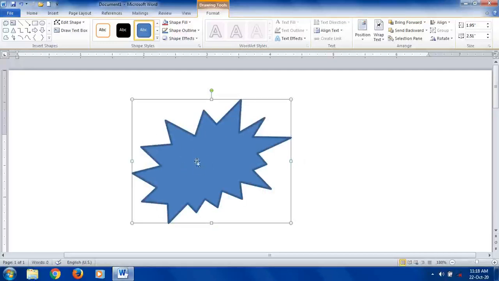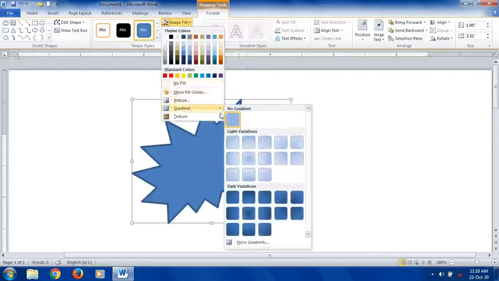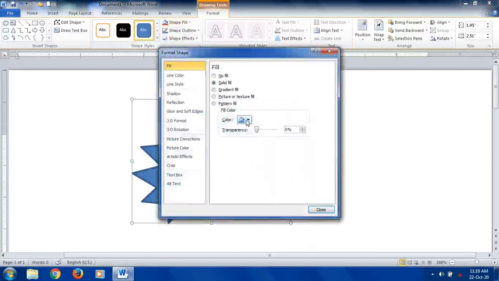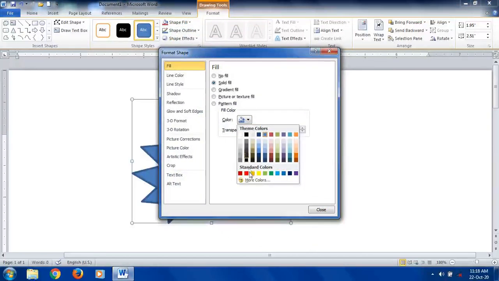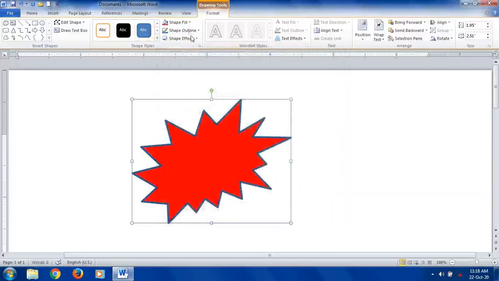Now I'll format this, means I will change the color and outline. I don't want this blue color, I want a different color. So click on the shape fill option. In shape fill, go to gradient option. In gradient, go to more gradient. In this more gradient, I am going to use a red color. Then click on the close button.